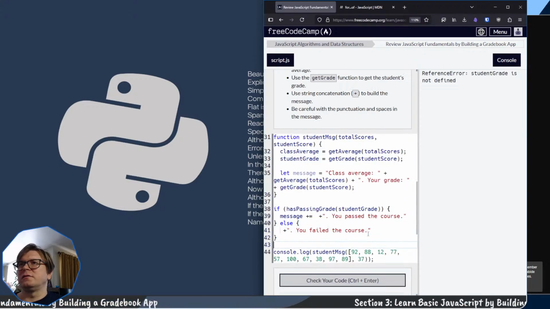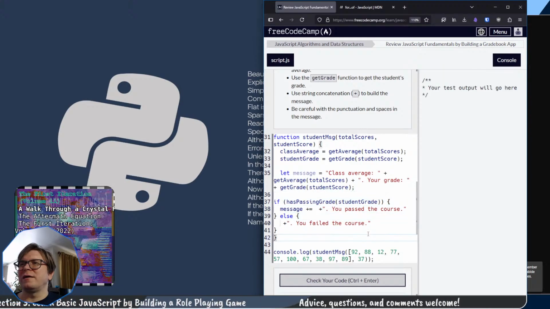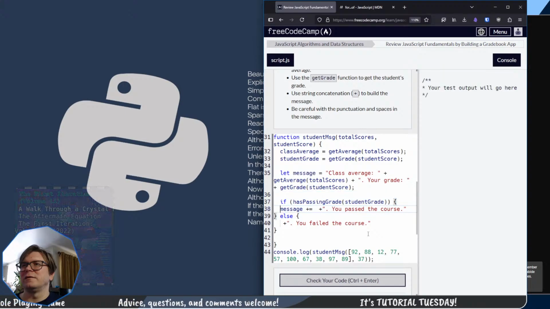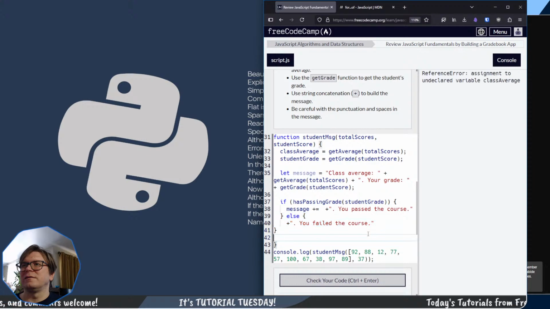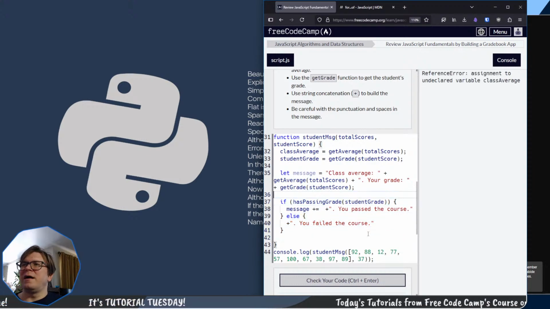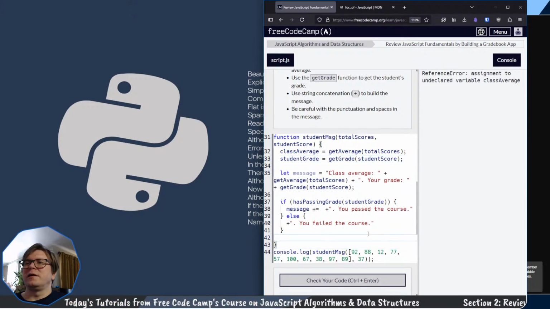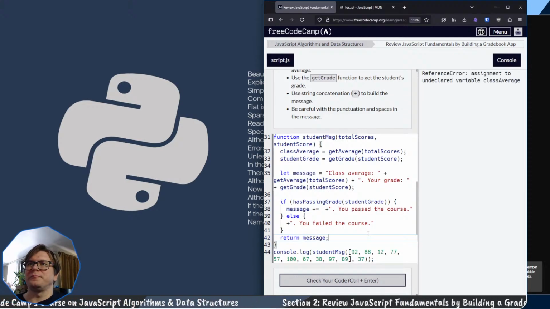And then, wait, what happened to the closing bracket? It's all the way up here. Okay, that one needs to come down here. Okay, so these actually need to be... There we go. Yeah, I think that's the right indentation for that. Return message, and then I guess